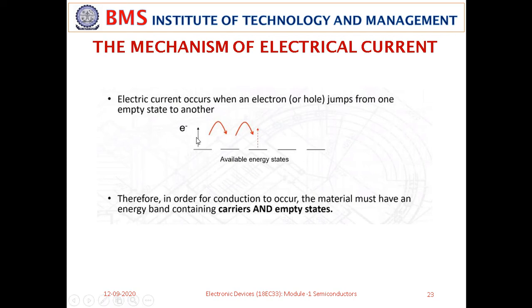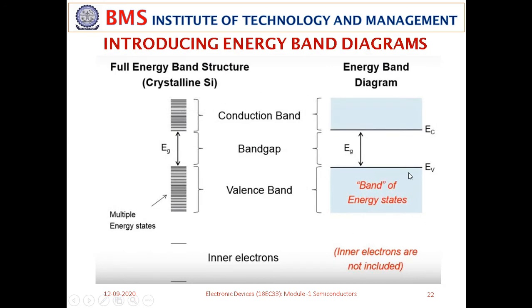Suppose the conduction band, previously what I have shown here, this is a valence band and this is going to be a conduction band. So this is completely filled, let us say here. If you don't create any empty position here, if you don't provide some energy to lift an electron from the valence band to the conduction band, that means by providing energy you are creating some empty positions here, right?